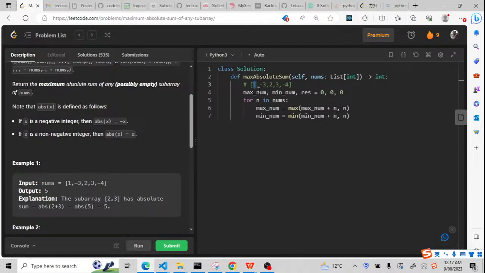So it is 1, because maximum num and minimum num is 1. 1 plus this number, maximum num and minimum num is 0. So 0 plus this number 1, it is still 1, and this n is 1. So from here, the result should be the max of result with max num and absolute of minimum num, because